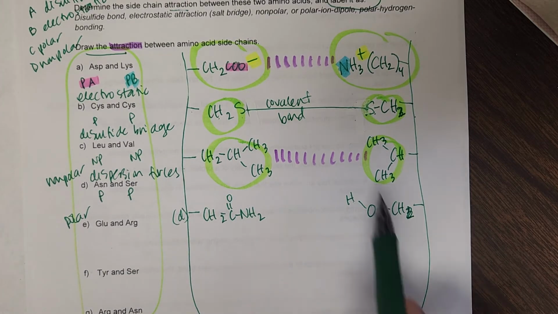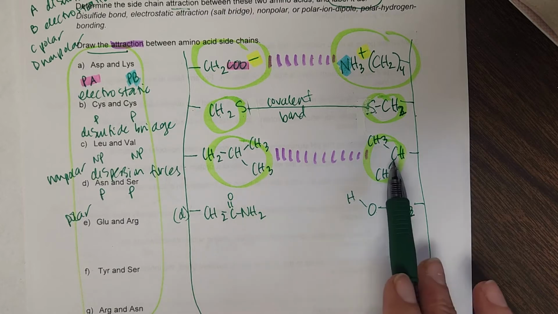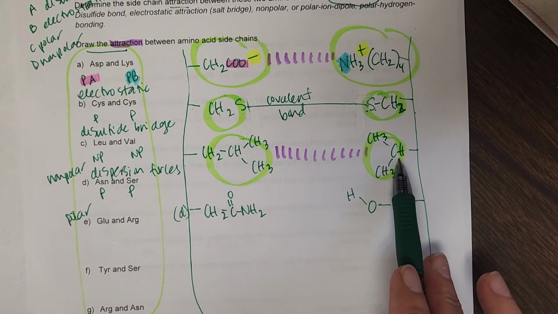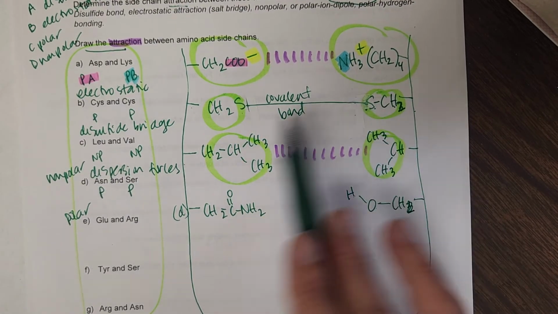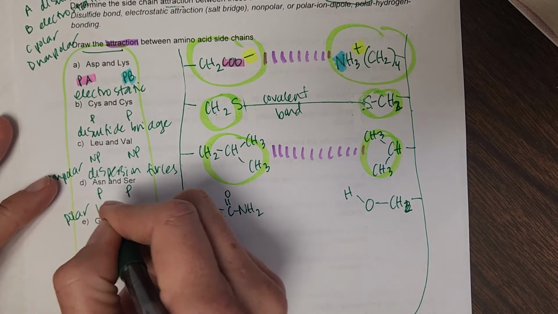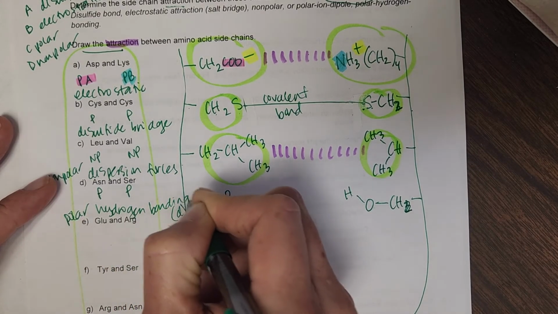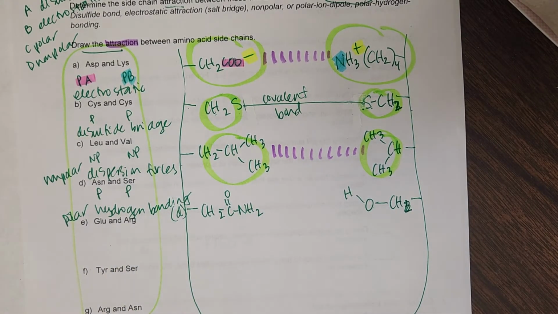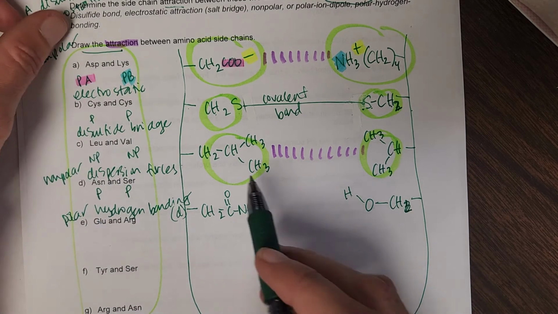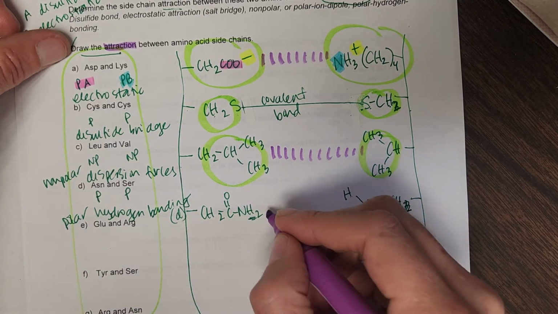So as I look at this, I see that I don't have charges, I don't have that acid-base piece. I have something better than just non-polar. I don't have this covalent bond, so it's polar, and specifically within polar, this is going to be hydrogen bonding, because I see N's and O's and H's, and so what I see here is that my NH can be attracted to my